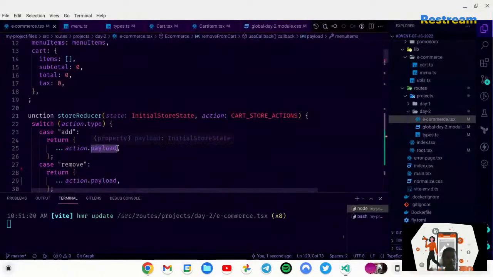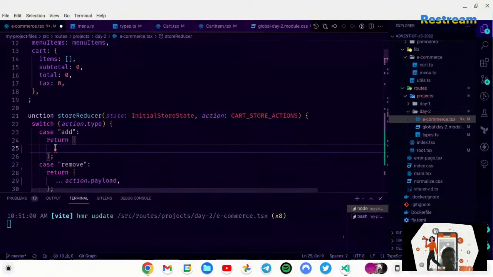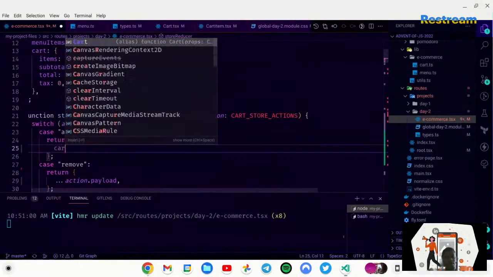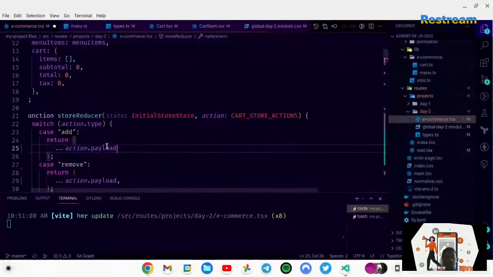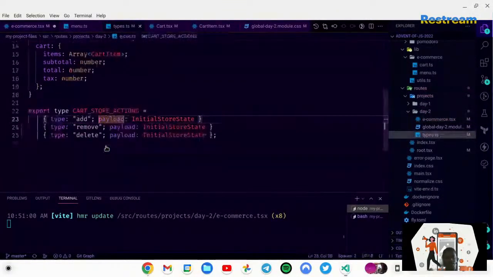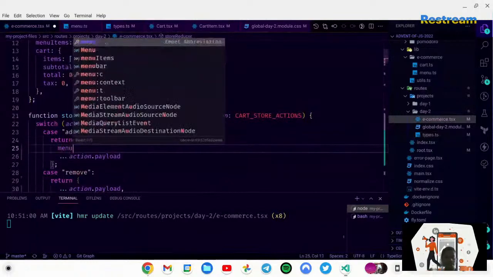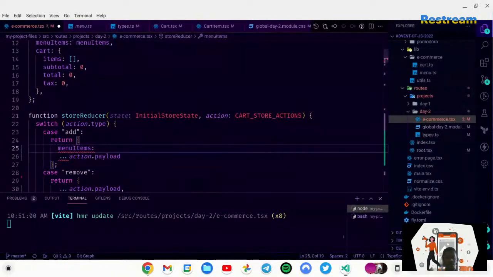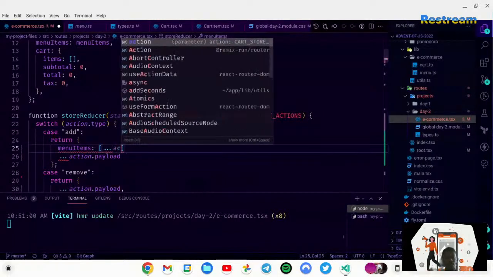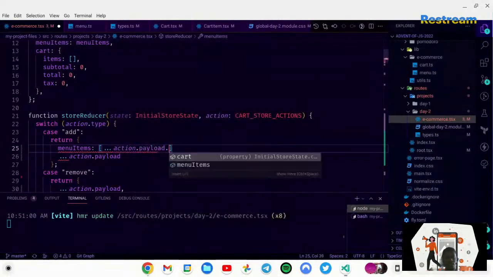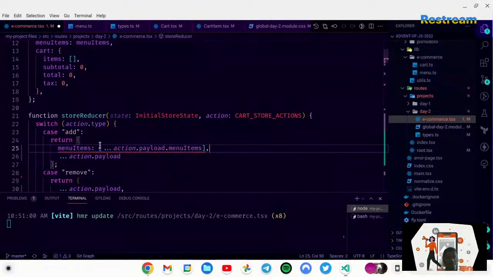Let's see something. So what do we need to return here? Let's say the payload is the initial store, right? And I want to see what's inside the initial store. Menu items. Okay, so menu items, I want to do something here. Items is action dot payload dot menu items, right? And then